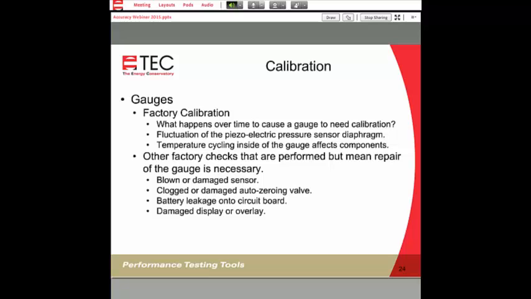The number is actually quite small, certainly less than 5%, might be 3%. The problem is you never know which 3% of the gauges are going to go out and be beyond that 1%. So that's why we say you should have this done every 2 years. You just never know which ones are going to be the ones that are out of calibration.